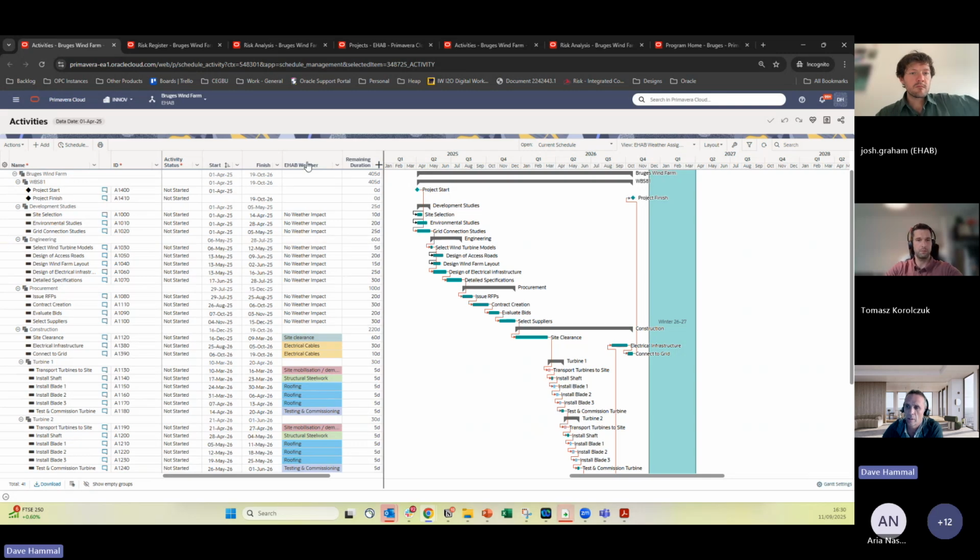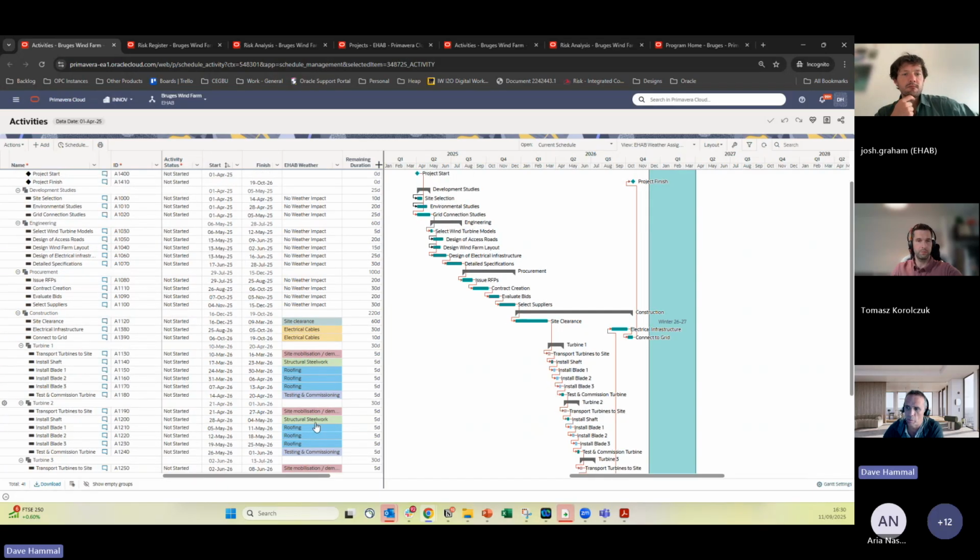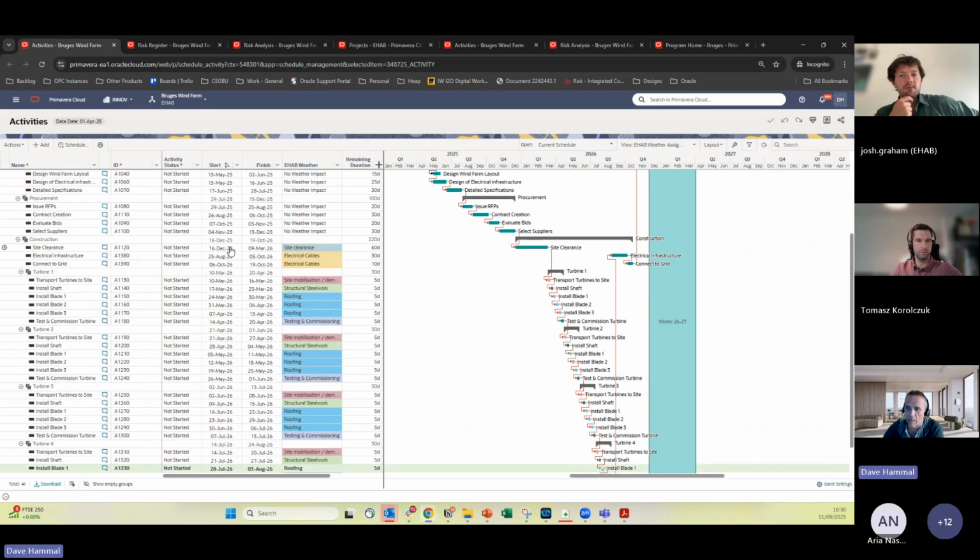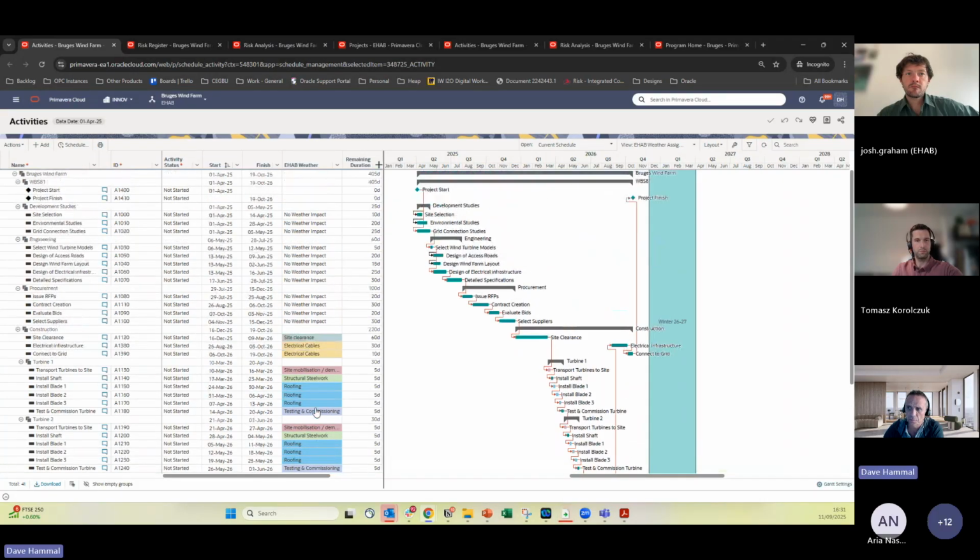So here I've got a schedule, I've got a wind farm. You can see the different activities, the different turbines, and I've got some coloring on this particular code as well, where I've classified those activities into these activity types. And I'm using some of the existing ones called roofing. I could actually create one called blade installation if I was doing this more often, but roofing is pretty close to blade installation for me, so I'm using that as an example. But it's these activity types in effect that match what Josh just had on his screen a moment ago.